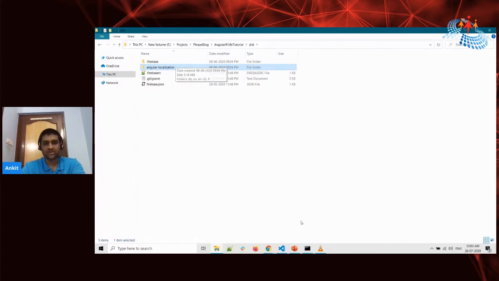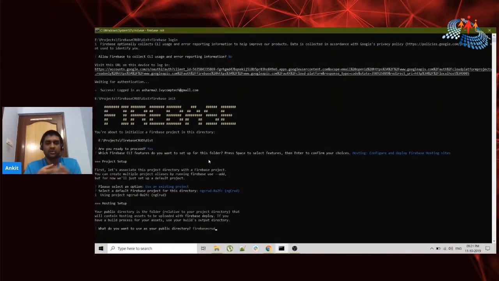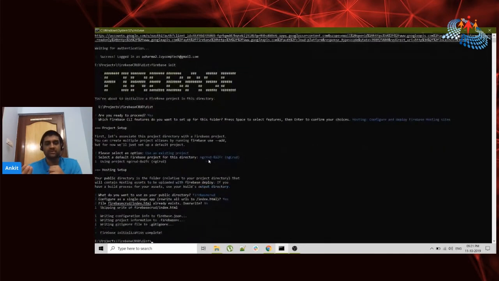So for this option, what do you want to use as public directory, you have to give the name of that directory, which is the same name as your project. So here I have given a name, and if I configure a single page application, press yes. Now it is asking Firebase crud/index.html already exists, override? No. We will select no because when we create the build configuration, a default index.html file is created, and we don't want to override it. We want to use the same application.